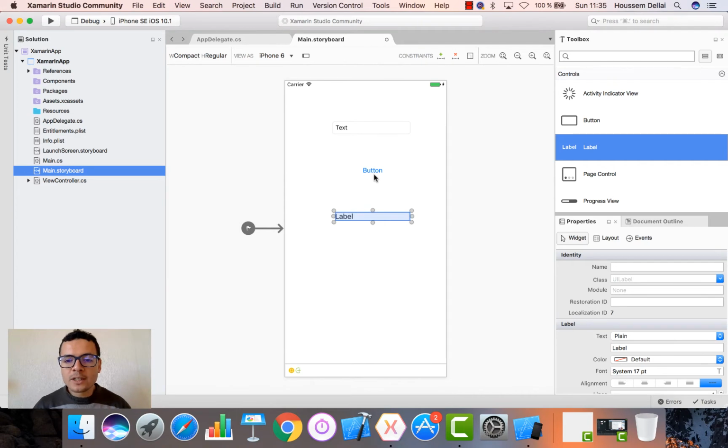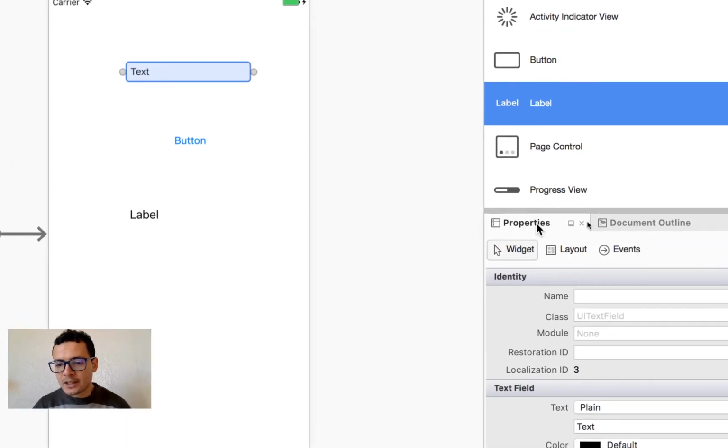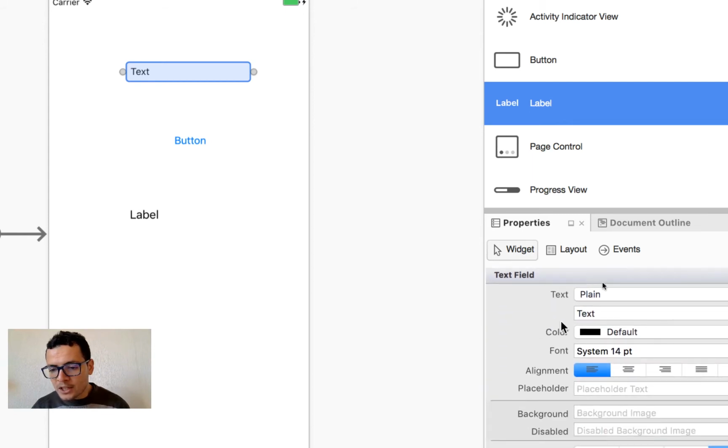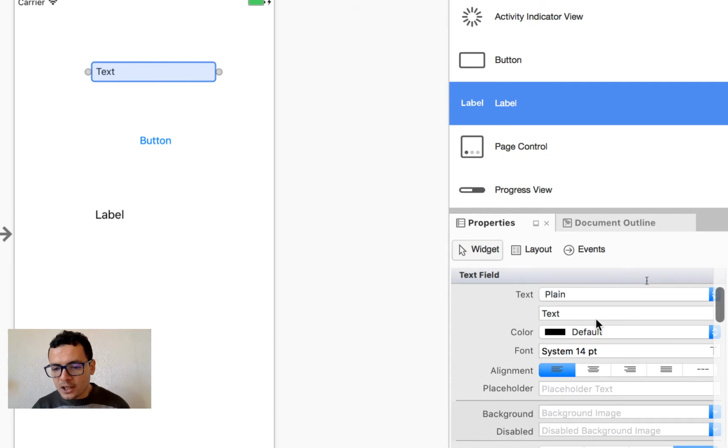Now let's change how these elements look like. So let's start with the text field here, and we can change these UI elements from the properties window, which is here inside this window. So select widget, and with the name I can change some other properties. So let's change, for example, the default value for the text here. Instead of showing the text property, let's show another value. Let's say Xamarin.iOS,